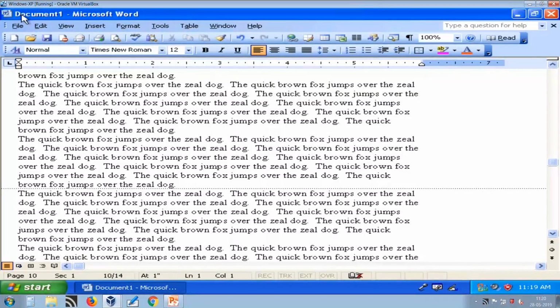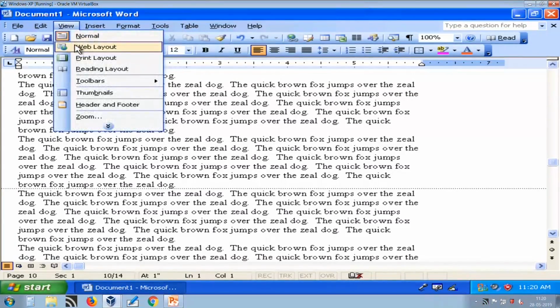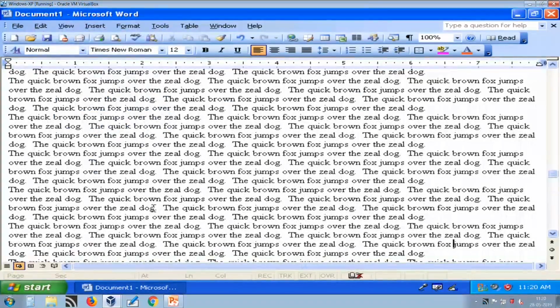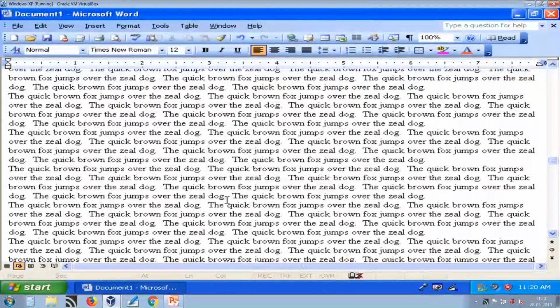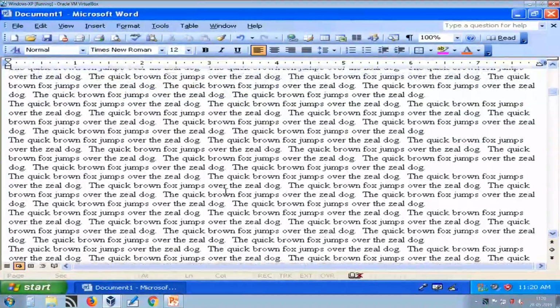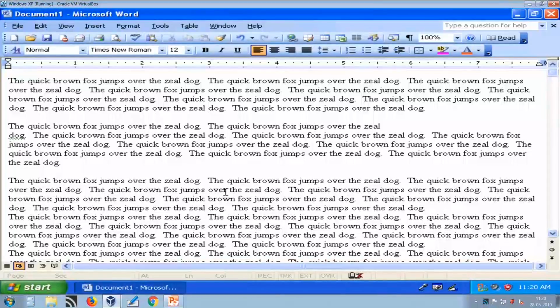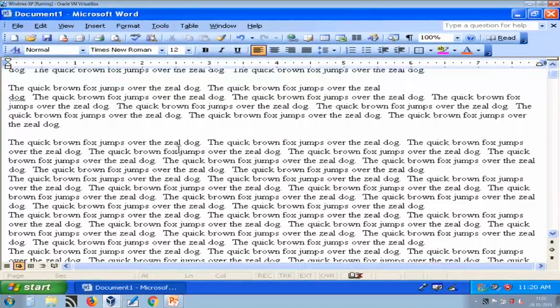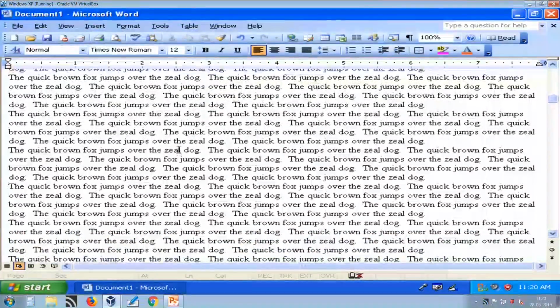The second layout is very important, web layout. Now, suppose you want to display your document as a web page, that is an HTML file. When you convert it into an HTML file, how it looks is shown here in web layout. You can see there is no page break in web layout.